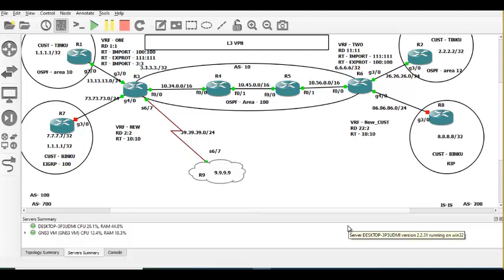Yes, sir. If you simply add the same route target that you added on R3, the internet route target, in R6, the customers will be able to ping directly to the internet. But that is easy to achieve. I expect you already finished it. If not, try it later. But now what I'm saying is,